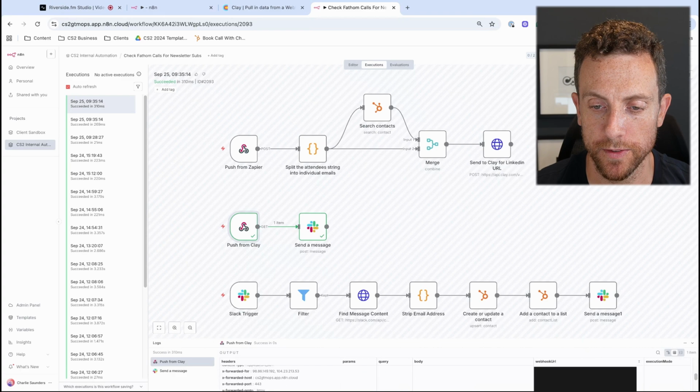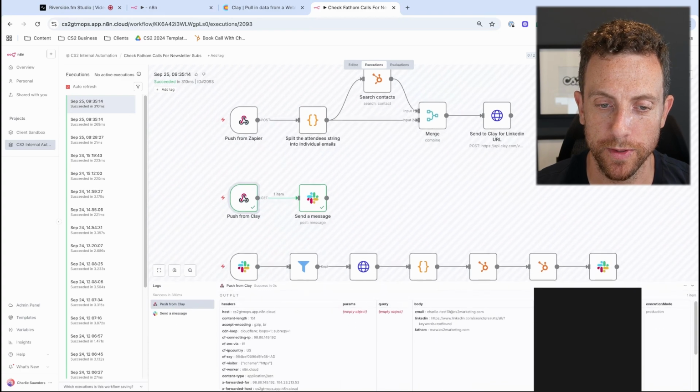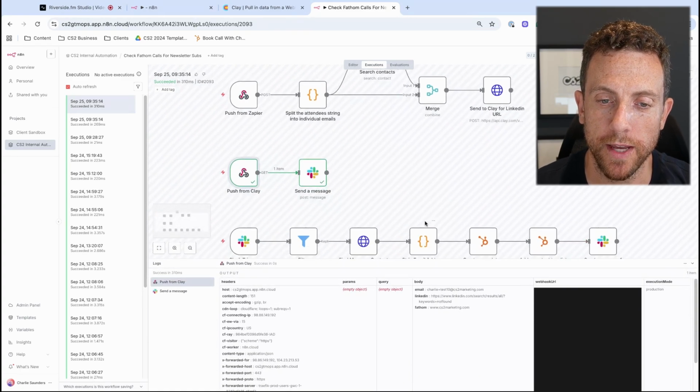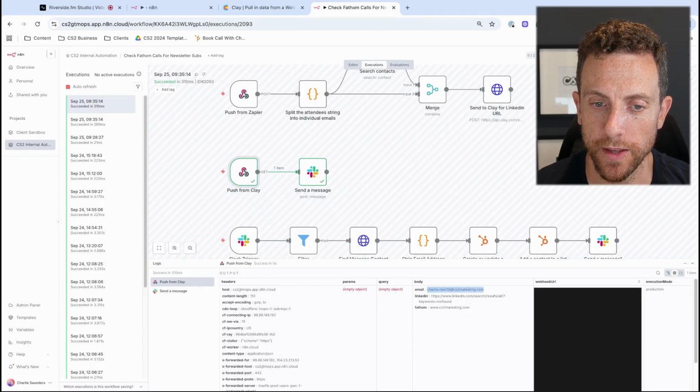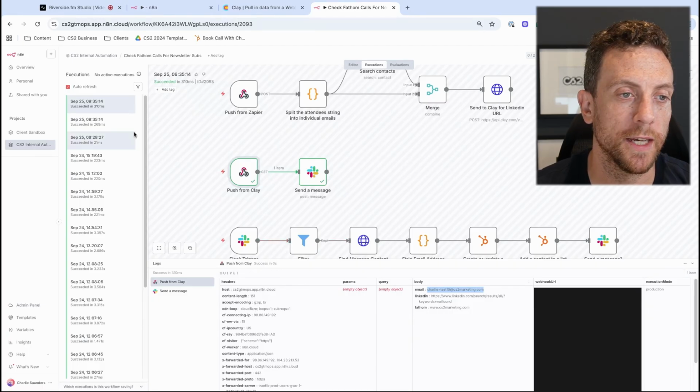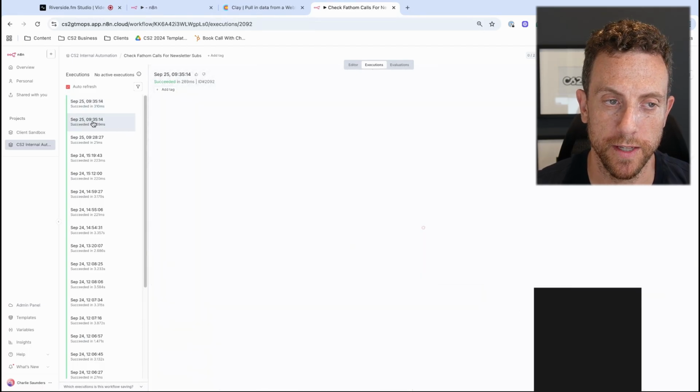So if we look here, this is actually our real live one. We've got our test record in here, the push from Clay, and then send the Slack message. There should be the other ones, just that's the test 10,